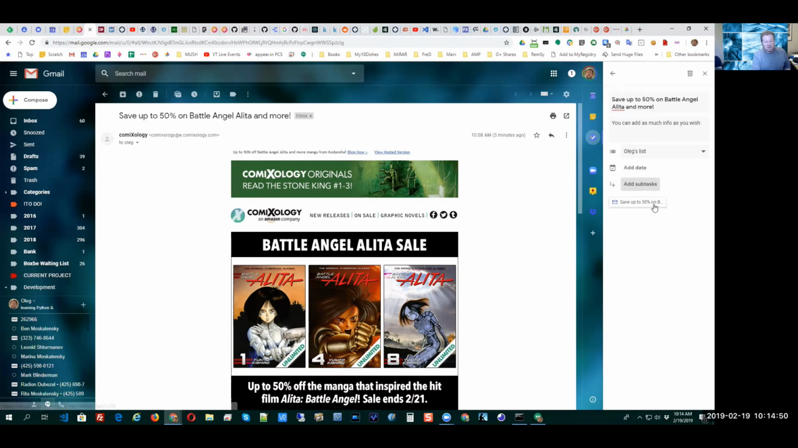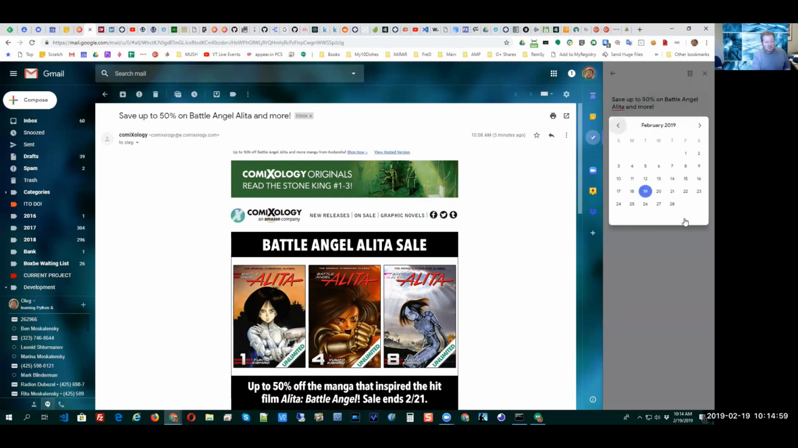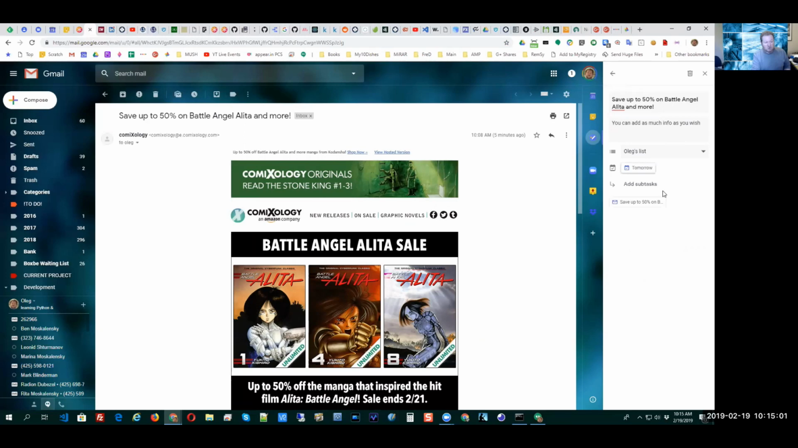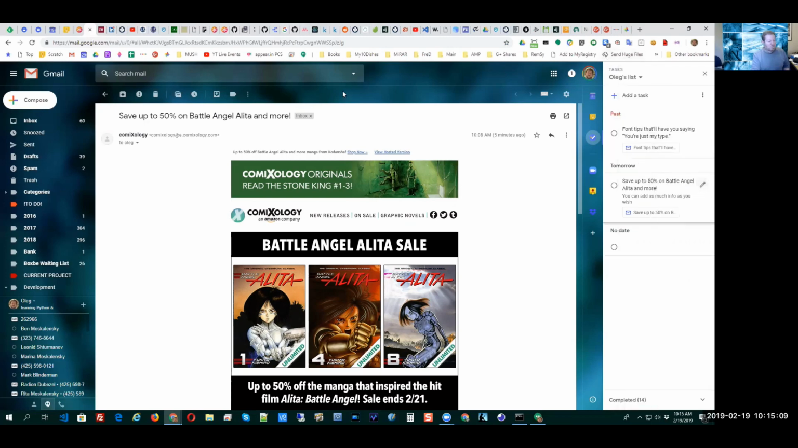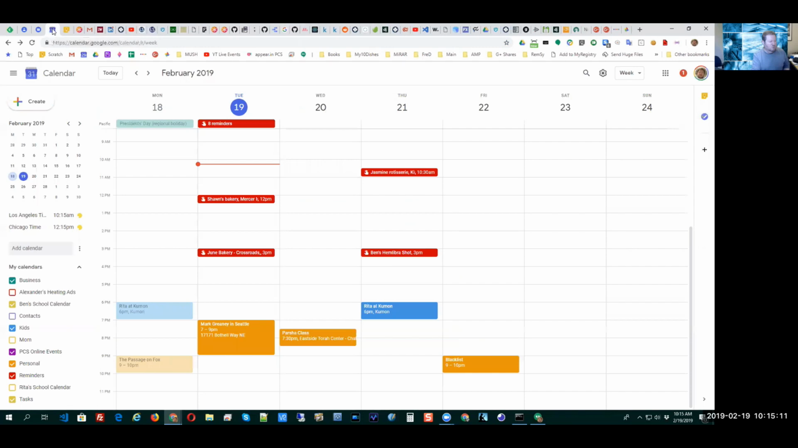And then another thing that's also very convenient is the ability to add a date, and that's kind of like a due date. So if you do that, let's say I have this date, and I'm going to put it on the 20th, tomorrow. So now it shows that it's due tomorrow. The really convenient thing about it is if I go to my calendar, as you can see for tomorrow, I don't have anything. But if I refresh it,